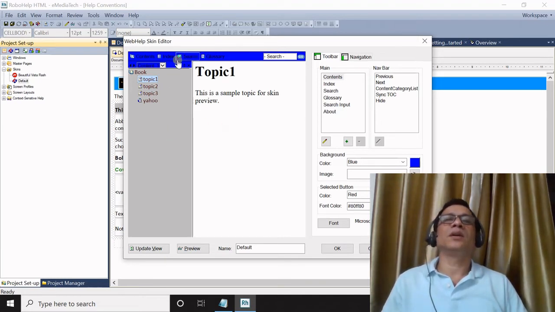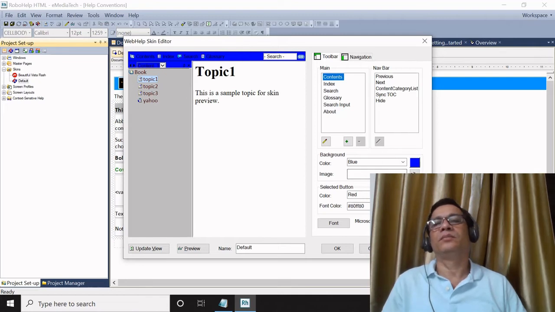To change the skin design, you have two options: toolbar and navigation. Under toolbar, you can change the background color for this pane. Currently, this blue color is applied here.